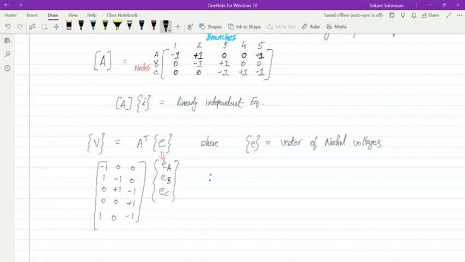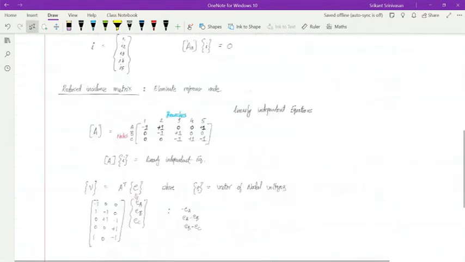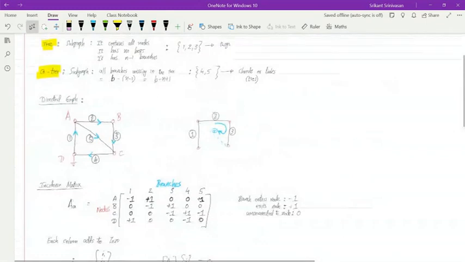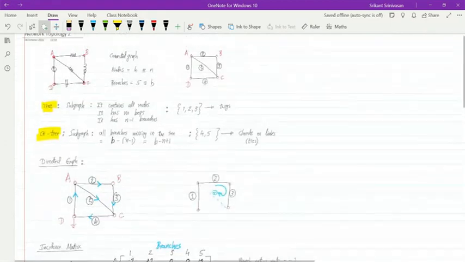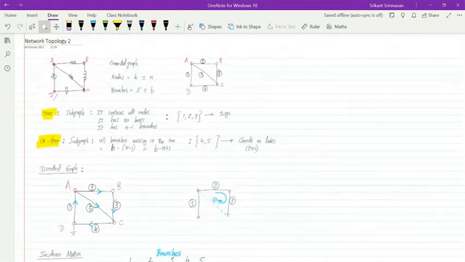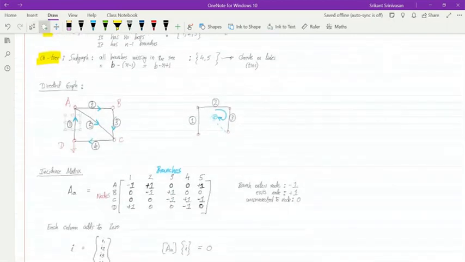The first one is minus EA. The second one is EB minus EA minus EB. The third one is EB minus EC, and so forth. So looking back at that circuit, what we are saying is the first voltage is minus EA, and we said A is that value over here, and we said D is ground. That means with respect to D, since I'm going in this direction, the voltage across this branch is minus EA.